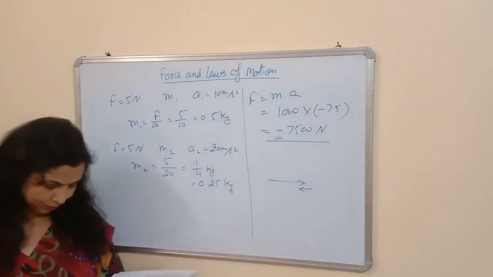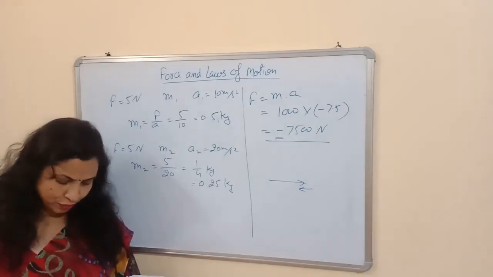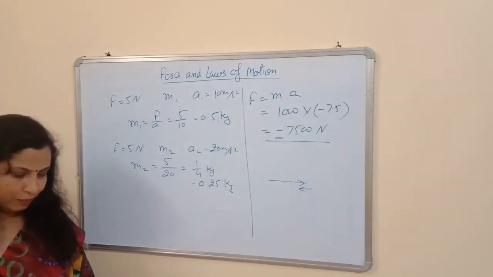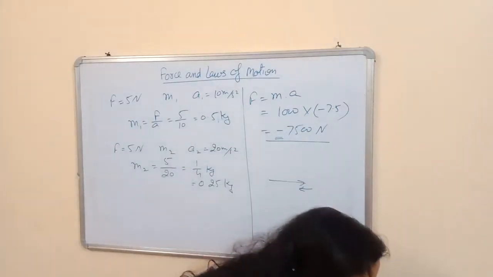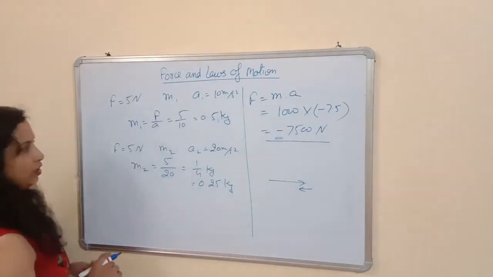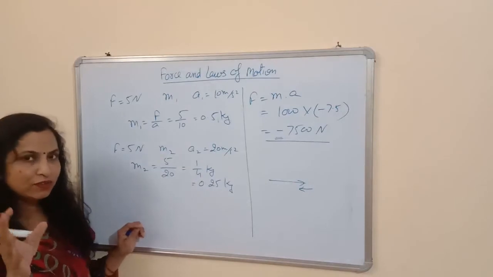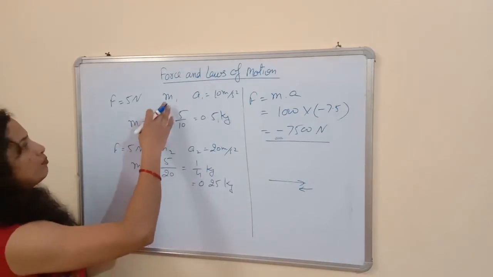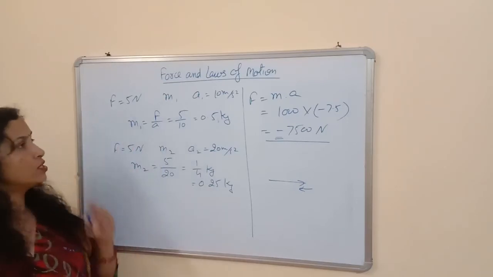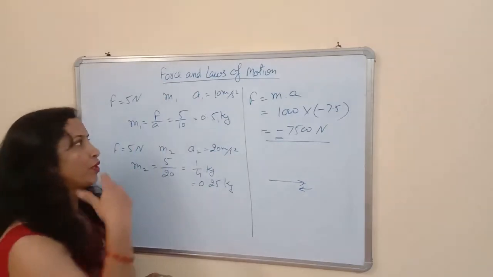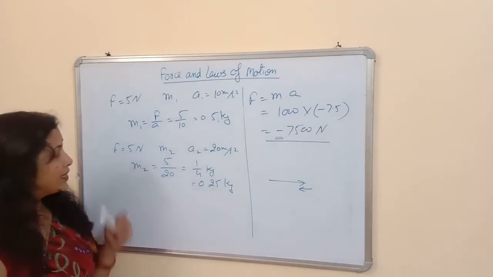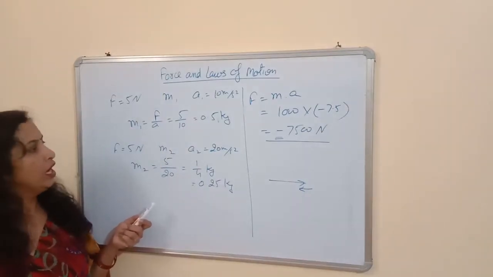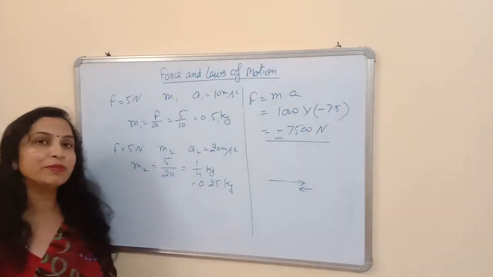Okay, now what acceleration would it give if both the masses were tied together? If we tie both the masses together, then what should be the acceleration produced in the body? I think you should understand the meaning of this question. This is mass m1, and by applying this force, the acceleration produced in the body is 10 meter per second square. In the second case, we are applying the same force on another body having a different mass, and it produces an acceleration of 20 meter per second square.